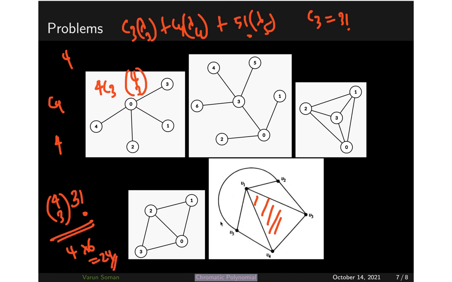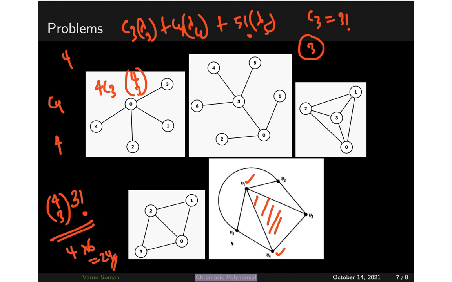Now I hope it is clear. So now this triangle has been colored. Now I have to give color to this V2 and V5. So far we have used up 3 colors. Now what are the options for this V5? V5 cannot be given this color or this color, but it can be given either the color of V3 or the new color.